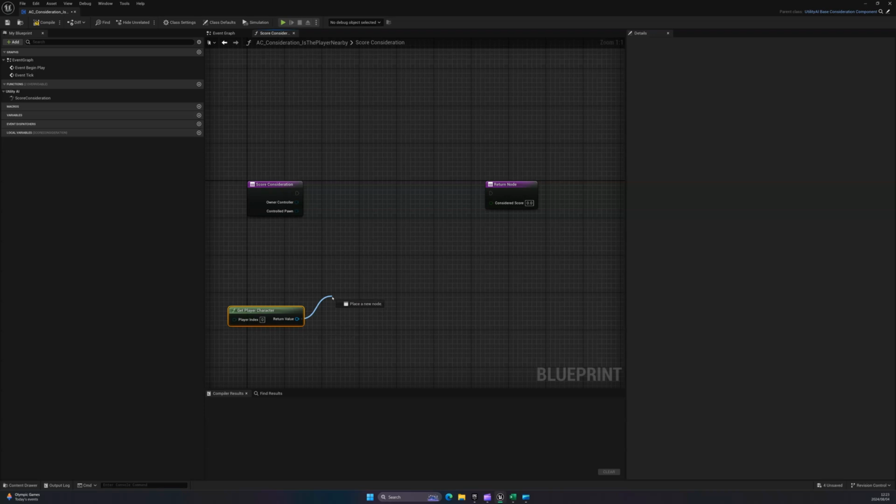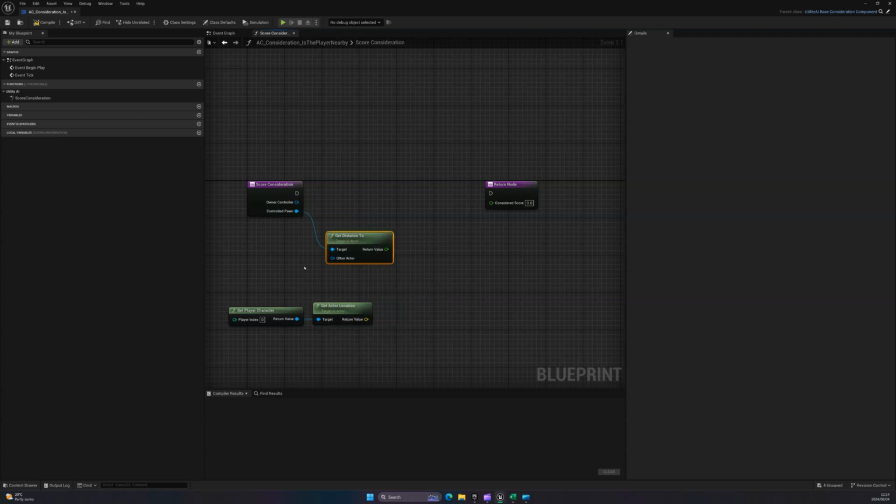Okay, and if we get the player character, we can get actor location, and we can have the control pawn. So this is the NPC character, and we can say